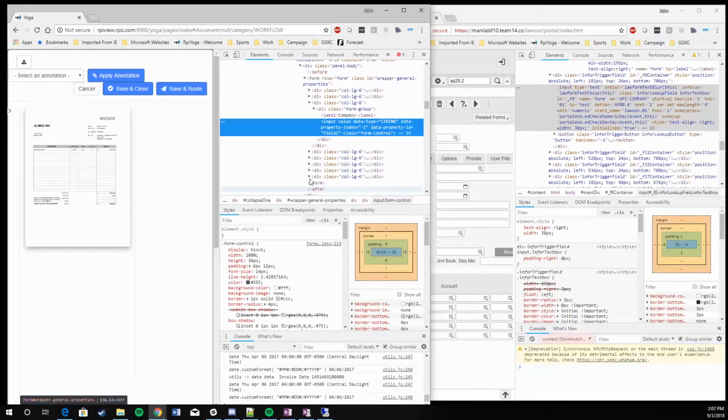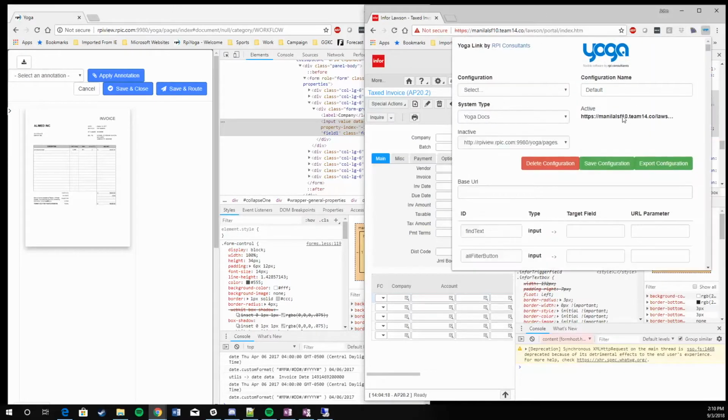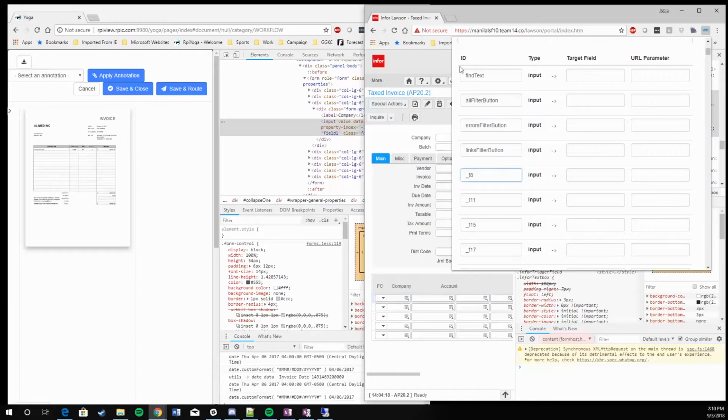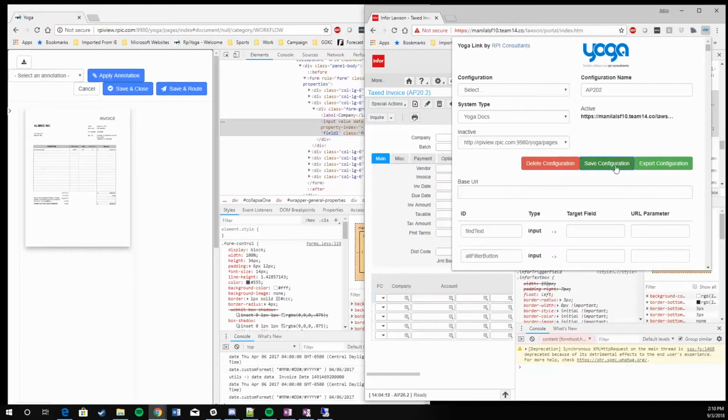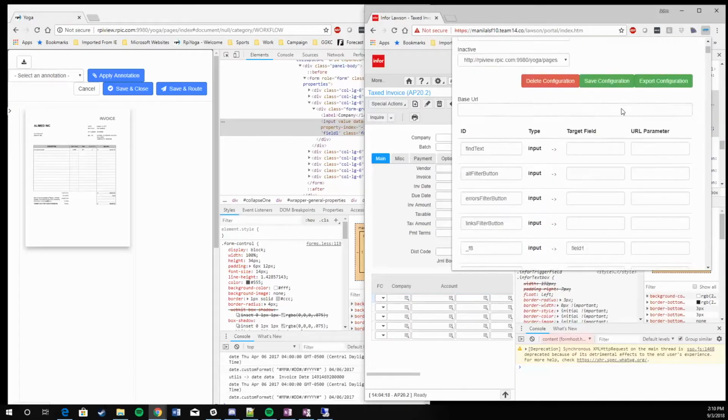Yoga is very straightforward in that fields 1 through 5 have the same ID, and the custom properties use the custom property unique ID from Perceptive Content. I then open the extension, give it a new unique name, save the configuration, and I find that the ID of the field in Lawson on the left side, F8, and I specify the ID of the target field under target field. This is field 1. I'm going to save again, close it, reopen it to verify that my configuration saved, and